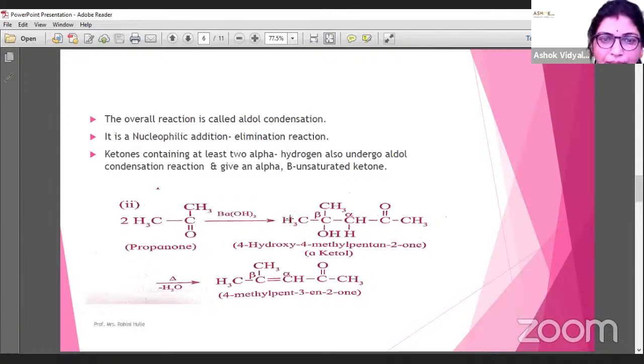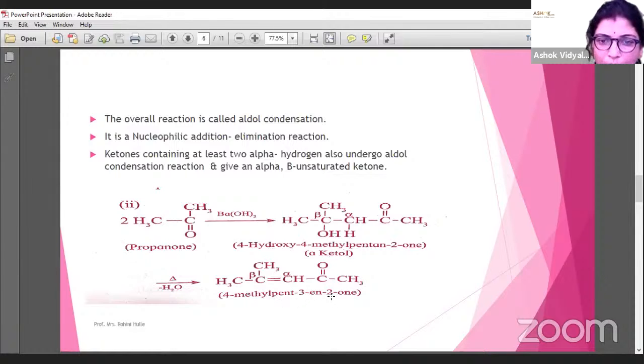Propanone on reaction with Ba(OH)2 gives 4-hydroxy 4-methyl pentan-2-one. First there is formation of the aldol, and then on elimination of a water molecule it forms an alpha beta unsaturated ketone, 4-methyl